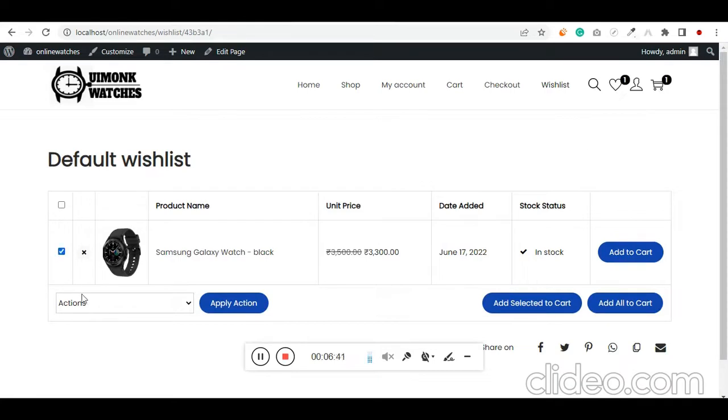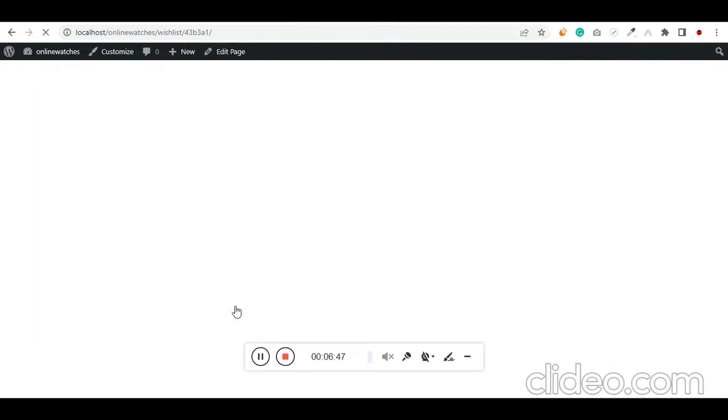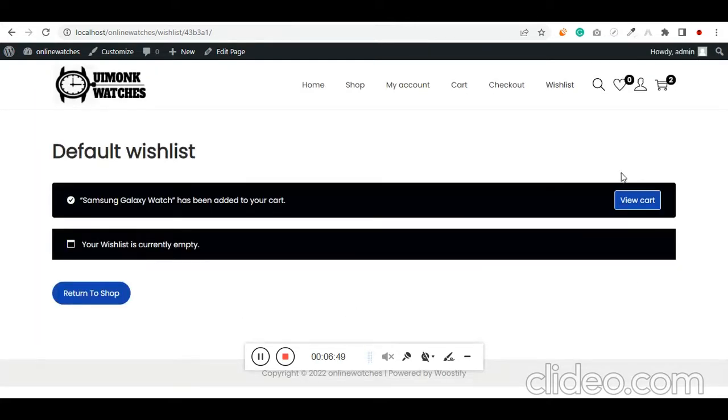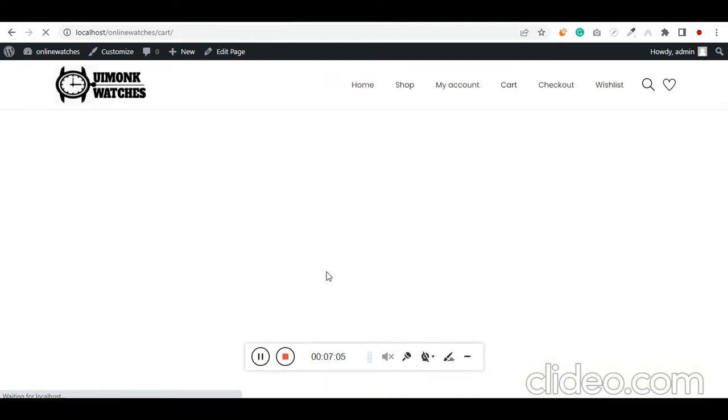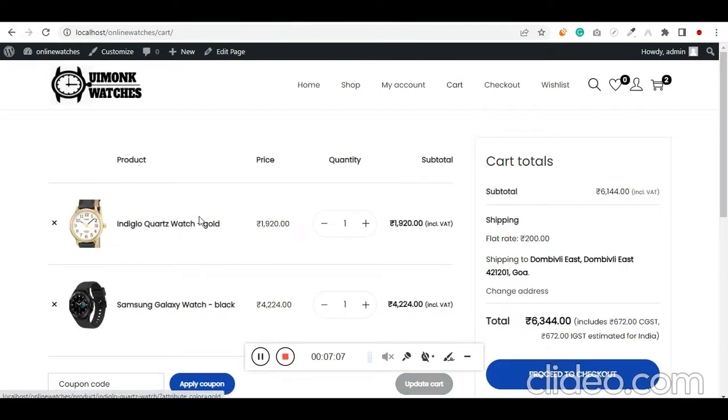I want to move this to the cart so we can proceed to check out these two products. Why two products? I want to show you how it's done. We are going to calculate the taxes, the coupon code, and the shipping. That's the reason I'm adding two products. View cart, you can also click here. So we are going to have two products. You can see two products